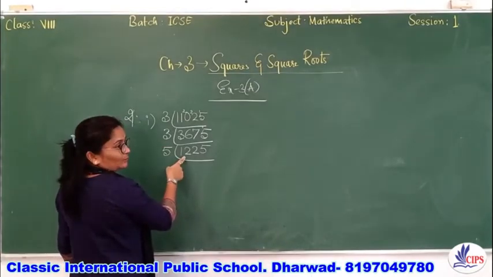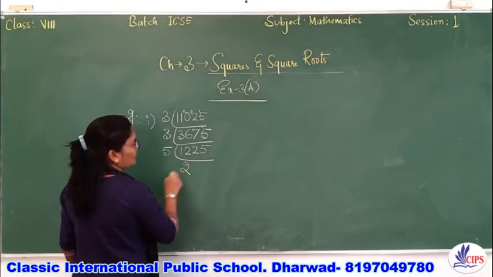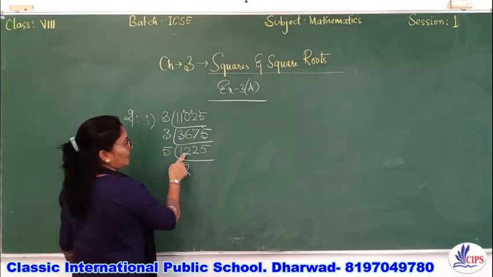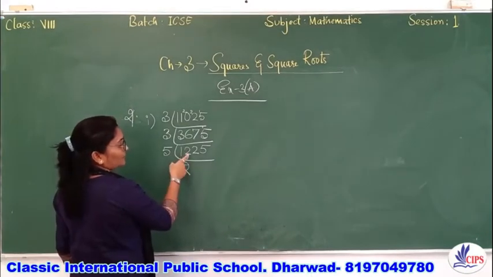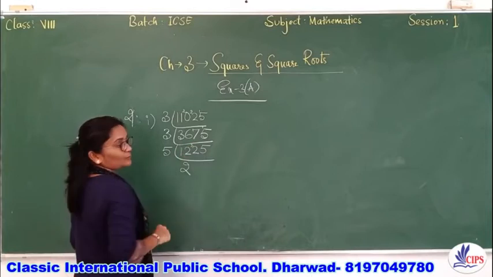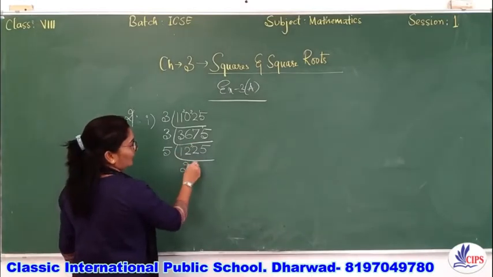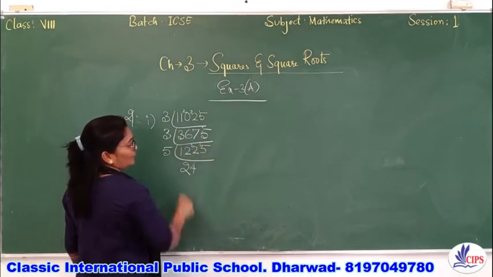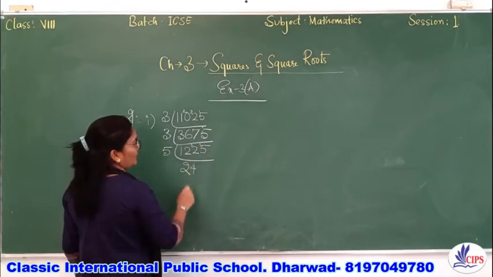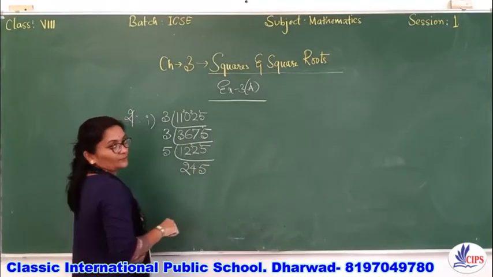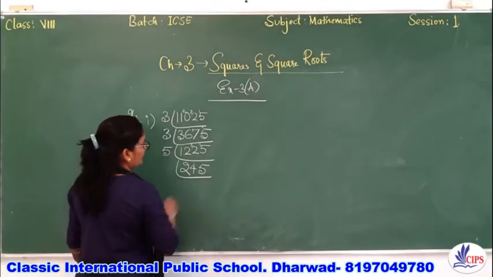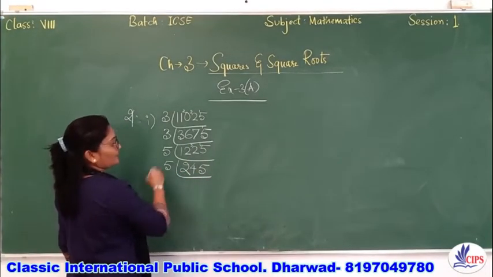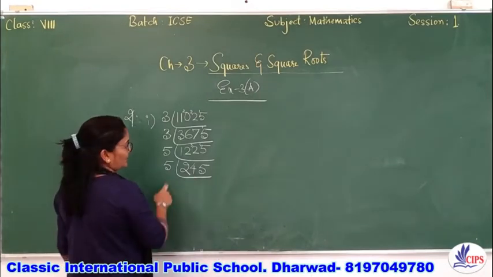Here we have got 12, 12 is not there in 5, I'll take 2. 5 2s are 10. So 2 is left when you subtract 10 from 12, so I'll borrow that 2 here. We have got 22, I'll take 5 4s are 20. Now again 2 is left, I'll borrow that 2 here, it becomes 25. 5 5s is 25. Now I'll start factorizing this number with 5 again because it ends with 5.